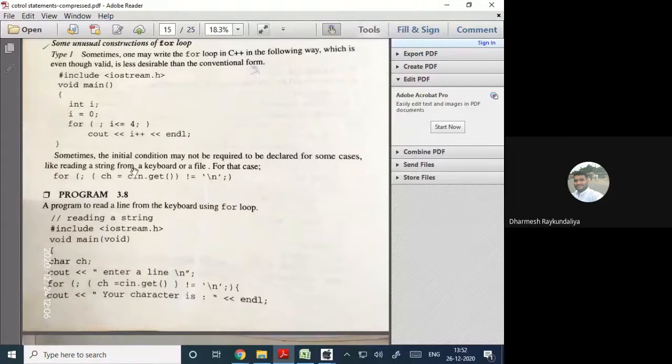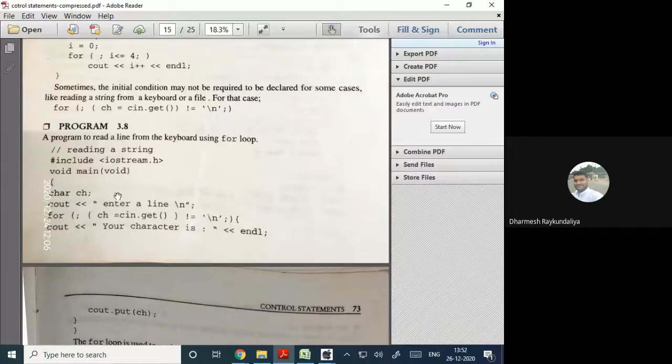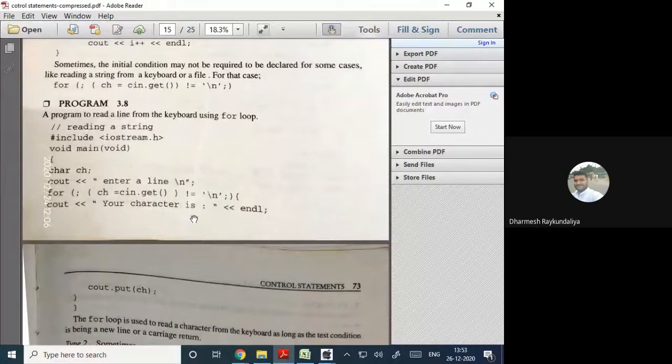And the for loop is allowing the reading of a line. So this is given, for example, cout enter a line, you have declared the character ch, now you give the instruction to the user to enter a line, and suppose you enter characters, and then if you have given the enter, it will close here.